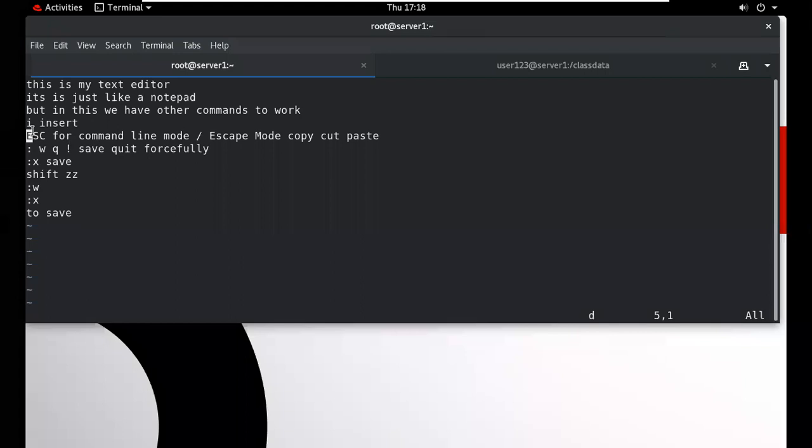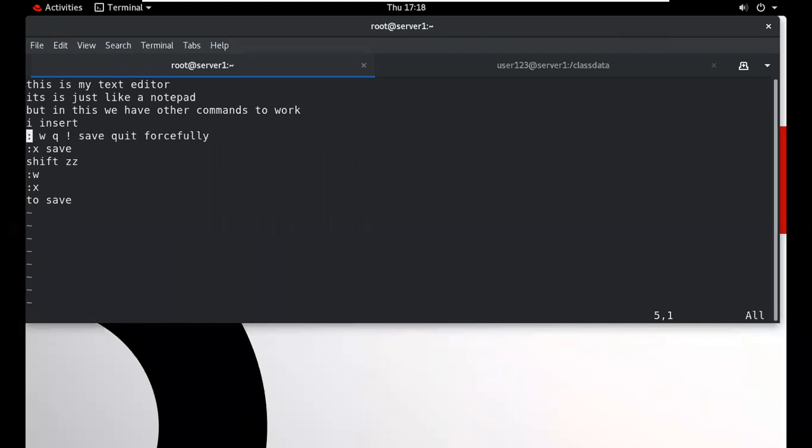So when we type 2 D, the line will be deleted. But we want to revert this line, so we can use U for undo. When the line is deleted and we want to revert it back, what will we use? U for undo. So the line will